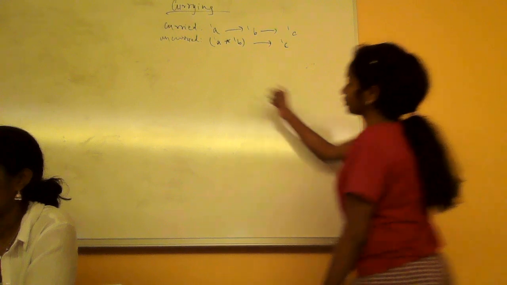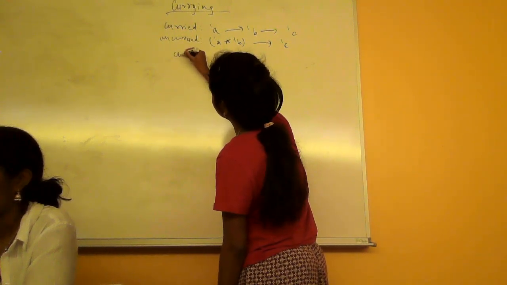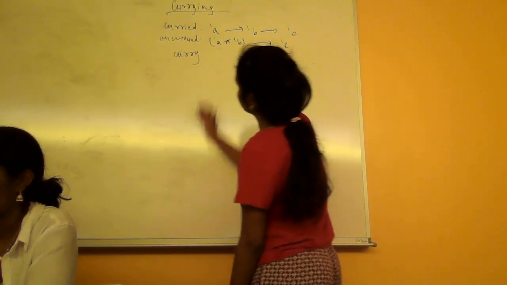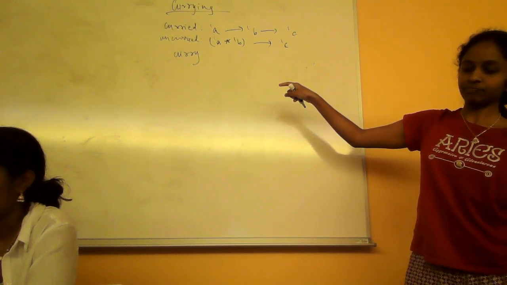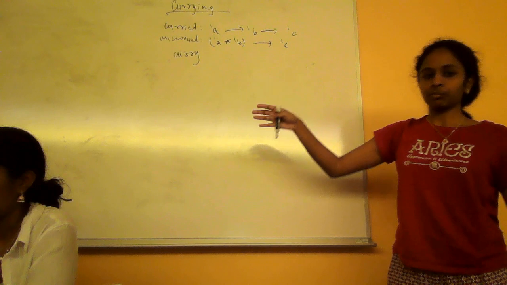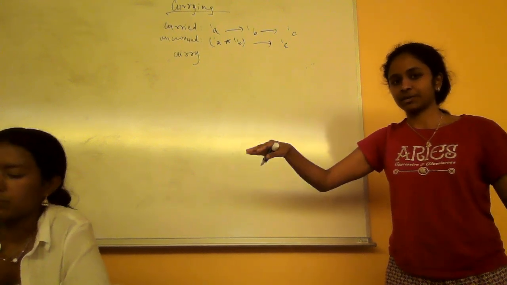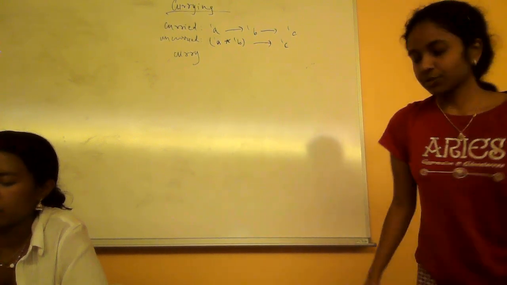So when you apply something called a curry to an uncurried function, you get back the curried form of the same exact function. So to illustrate,